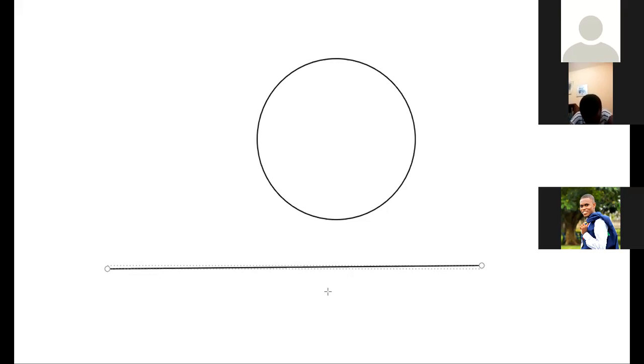Finding the circumference of the circle, there's a formula for that. I know during your JHS,